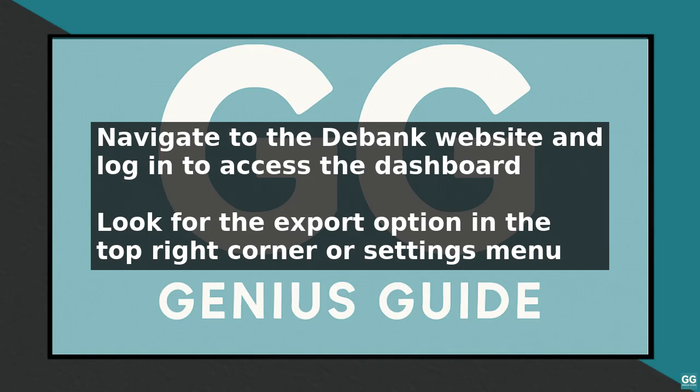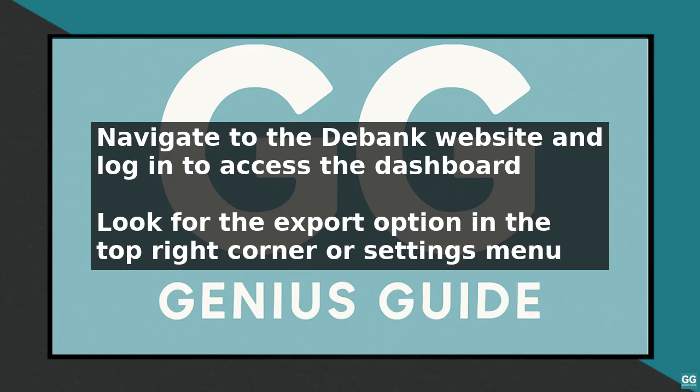Select the export option and choose the type of data you want to export, such as transaction history, portfolio value, or wallet balances. You can also choose the time period for which you want to export the data, including the start and end dates. Next, select the format in which you want to export the data, such as CSV or